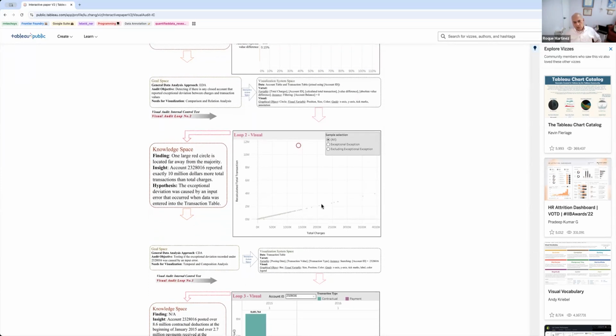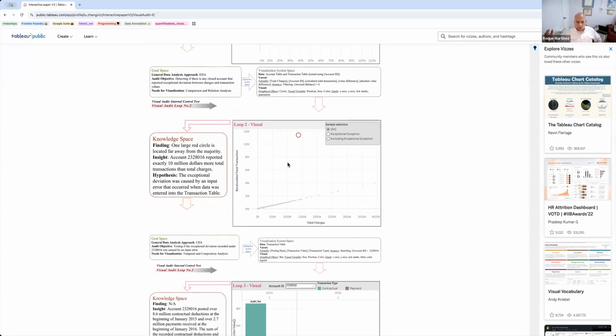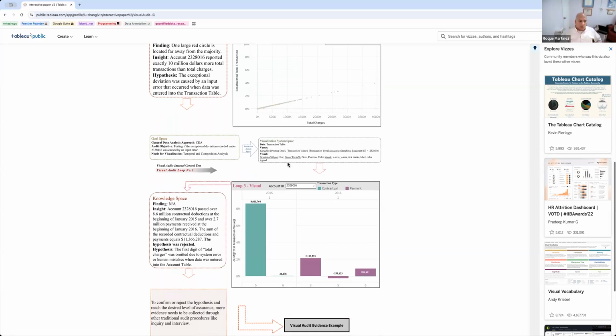So now you could say, okay, so here's my model. Everything's kind of along the regression. Oh my, let me go look at this one. So you could look at this account and you could see that here were the expenses, and then here were the payments and the charity payments. And you can see this is where there's a problem. So as an auditor or someone dealing with data, you can then say, okay, let's see what pattern was here and see if there was a break in process or something along those lines, which then you could pull another thread. Going along the next loop,